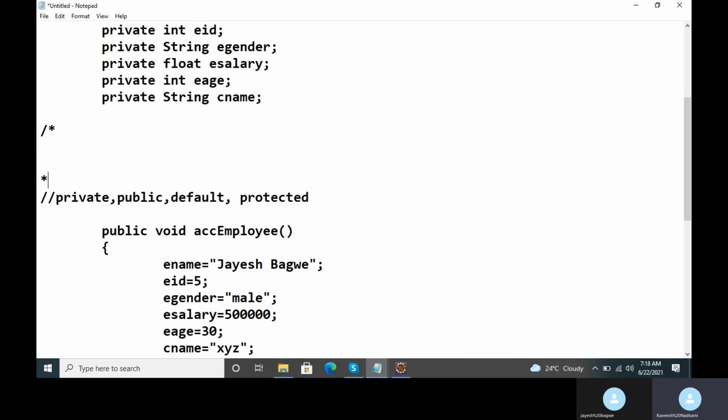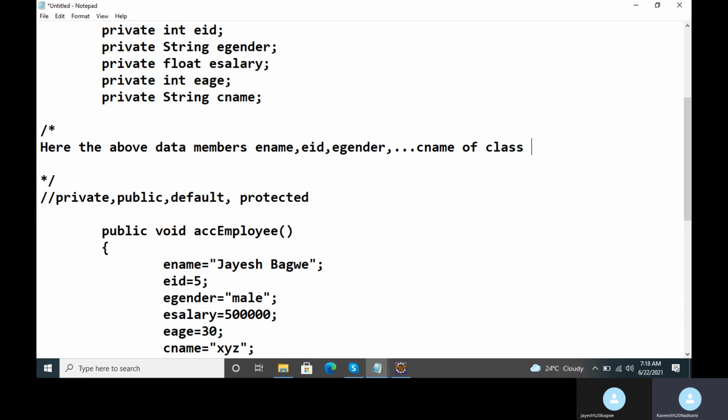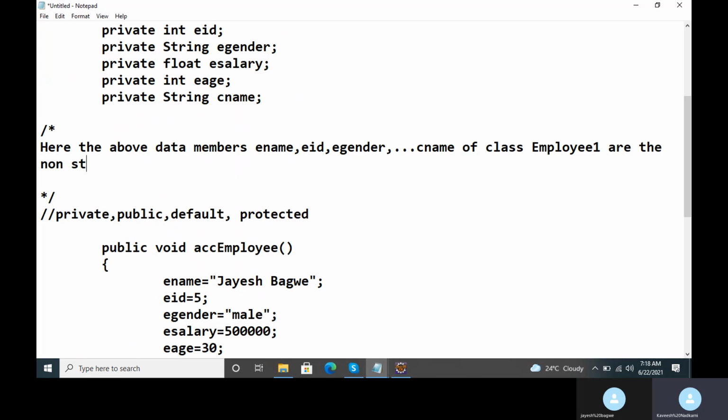Let me add a few points here about the data members ename, eid, egender, up till cname of the class employee one. They are the non-static data members of class employee one.